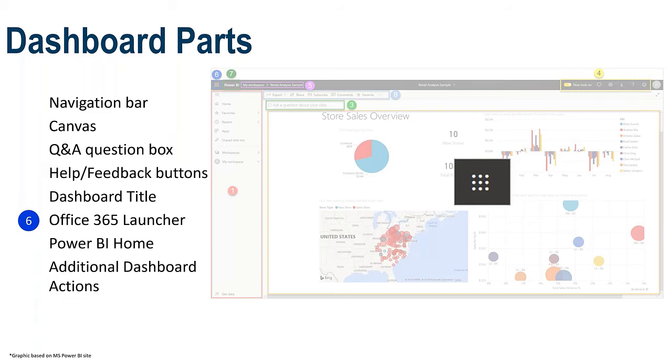Boy, okay. Anyway, squirrel. You can actually launch that directly from this dashboard page with that little, I call it,